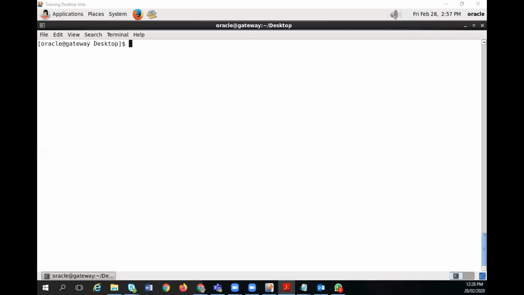In this demo, we are going to migrate the database machine using transportable tablespace. So let me log into my session, and so which one am I using here? My server one.